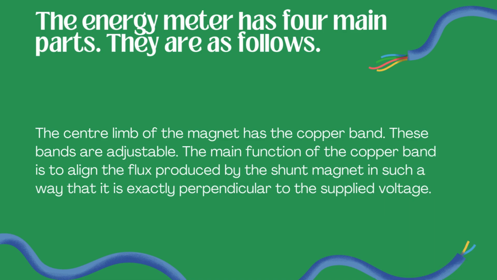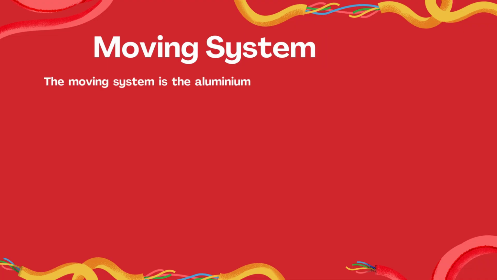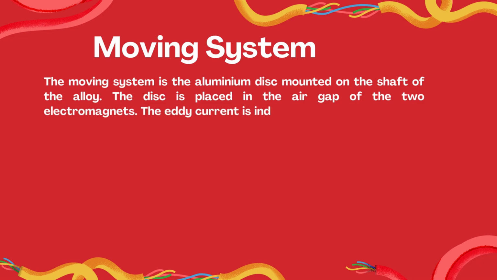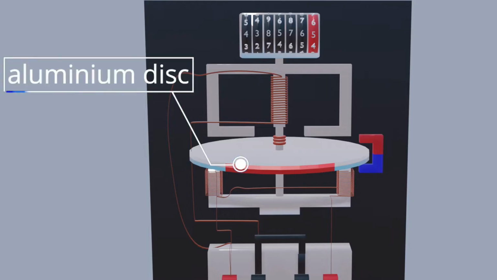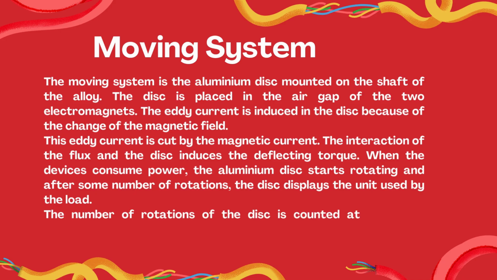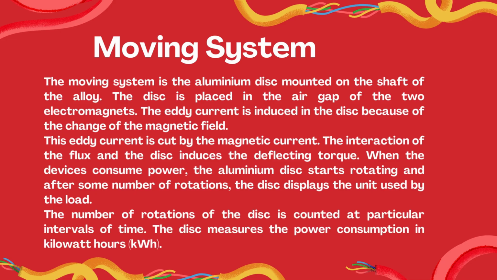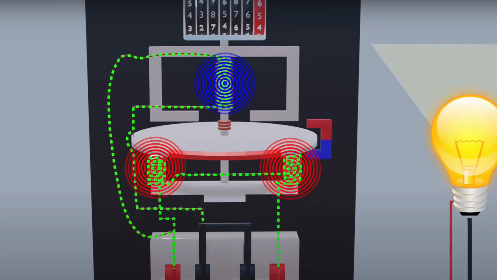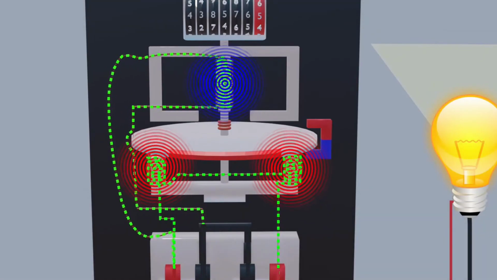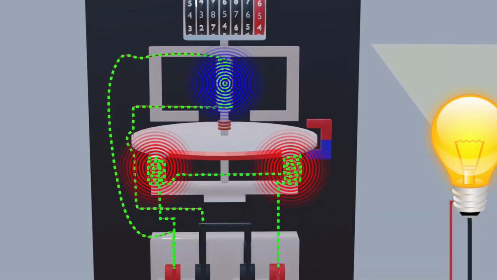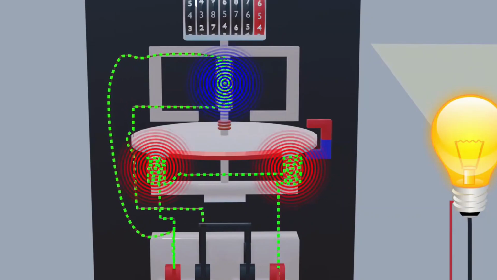The second part is the moving system. The moving system is the aluminum disc which is mounted on the shaft of the alloy. The disc is placed in the air gap of the two electromagnets. The eddy current is induced in the disc because of the change of the magnetic field. This eddy current is cut by the magnetic flux, and the interaction of the flux in the disc induces the